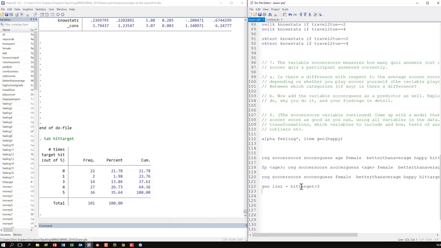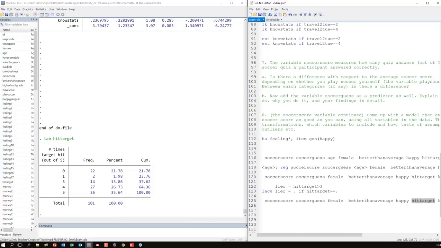Okay, now I take the original one that I had, place it there, and instead of hit target, use that one.